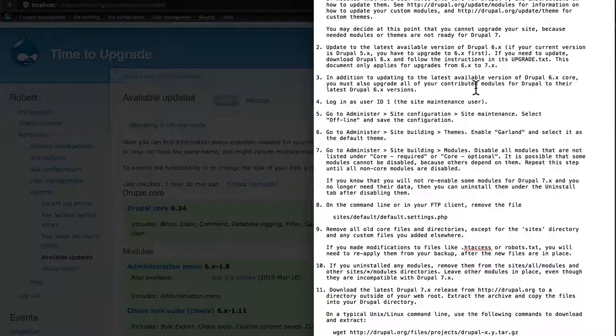So we're going to go back to our upgrade.txt file found in the root directory of Drupal 7. And the next step, after making sure we're using the Garland theme, is number 7 here. We're going to disable every module on the site that is not a core module. All core required and core optionals, we're going to leave them as they are, but we are going to disable